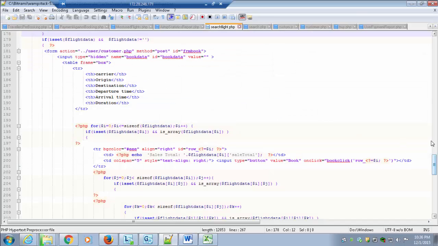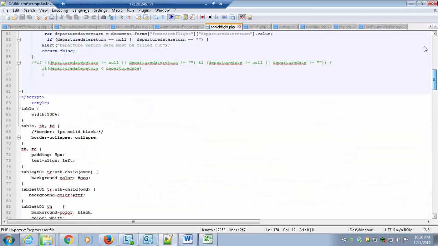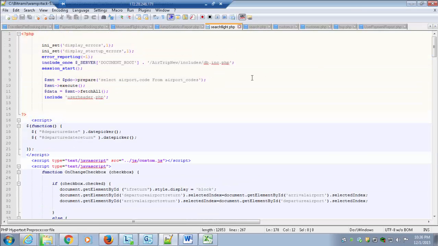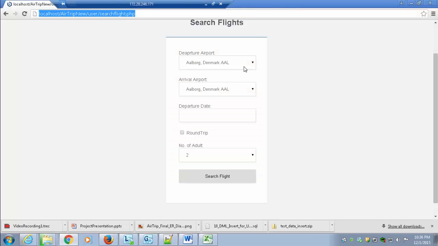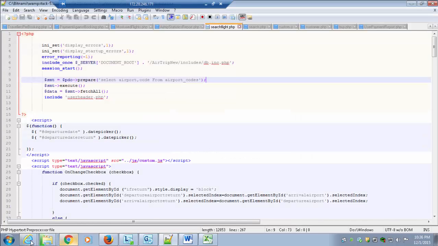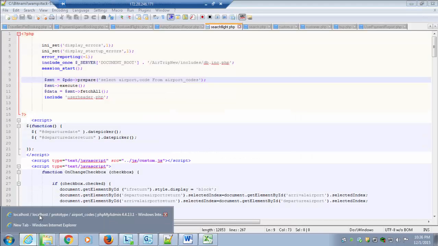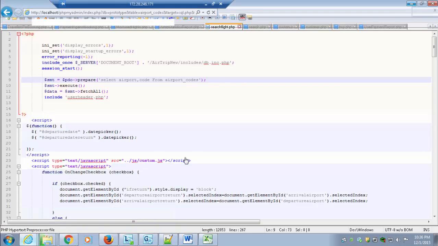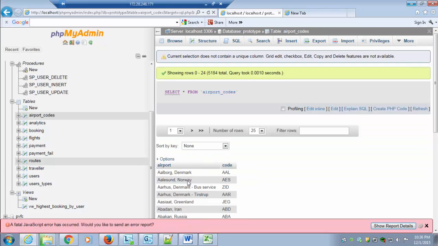If you see out here, this is the table airport codes from which the drop down list is being populated. So this is coming from the airport codes table, and if I can show you the airport codes table, it has all the codes, and this is what is being populated in the drop down.